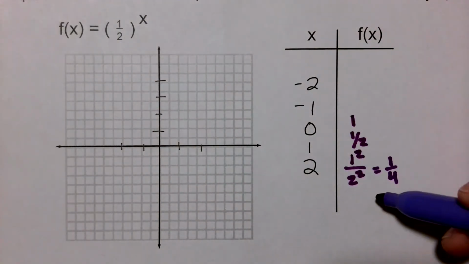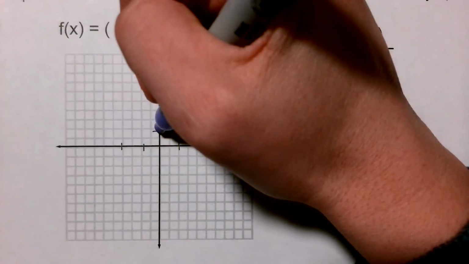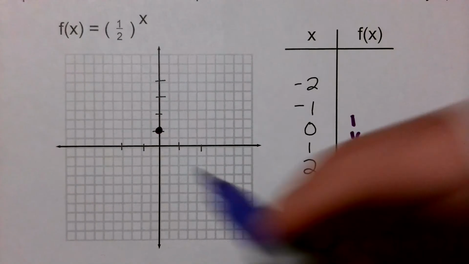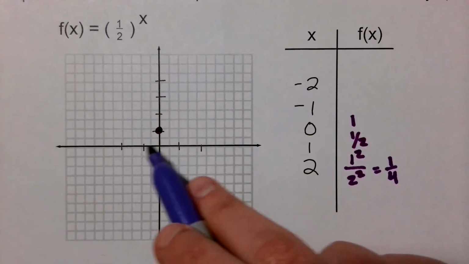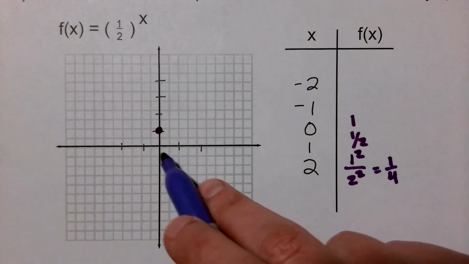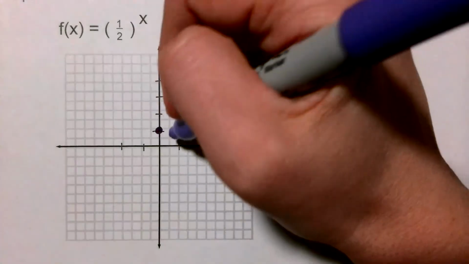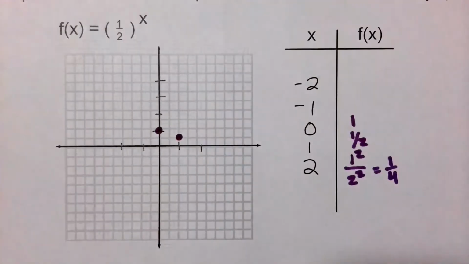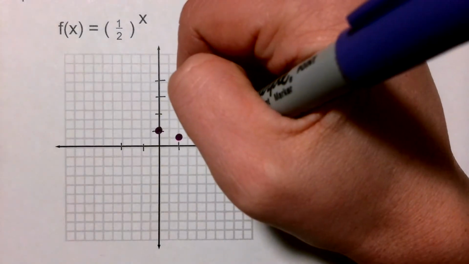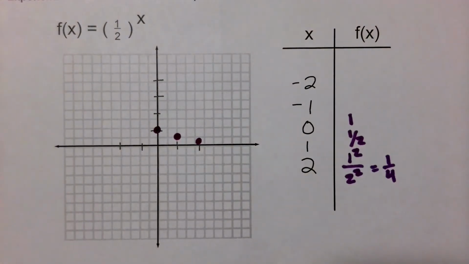So we can see with our positive numbers that it's actually getting smaller. The y values are getting smaller. So we've got this (0, 1). It looks like I've got tick marks on here, but then the actual graph, so ignore the actual graph, I guess. I'm counting by halves with the graph. So I've got (0, 1), (1, 1/2), and (2, 1/4). So they're getting closer to the x-axis.